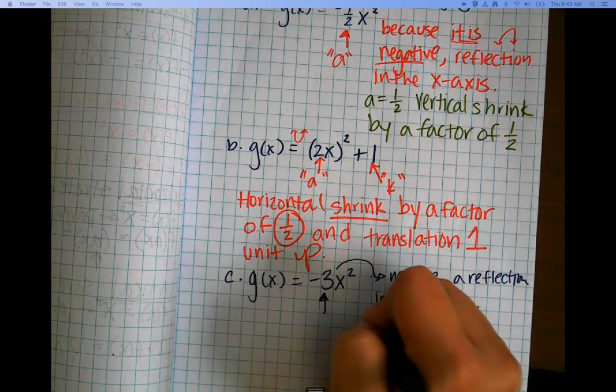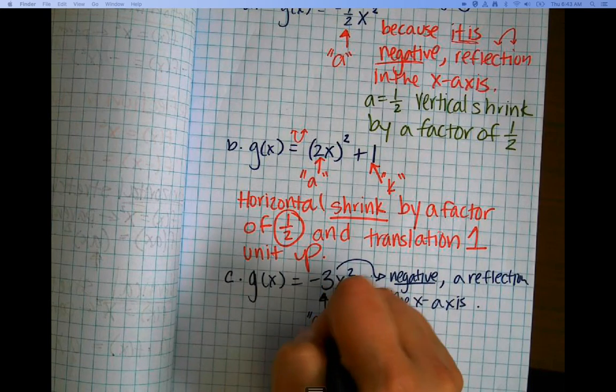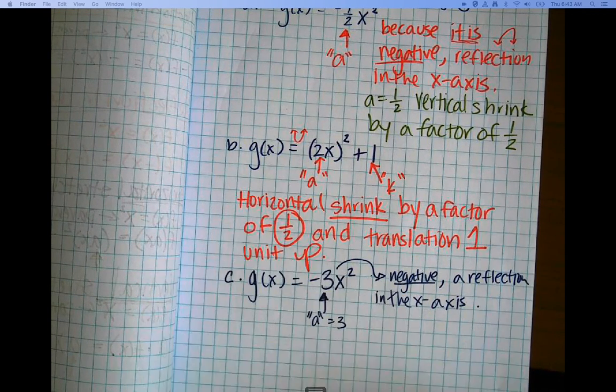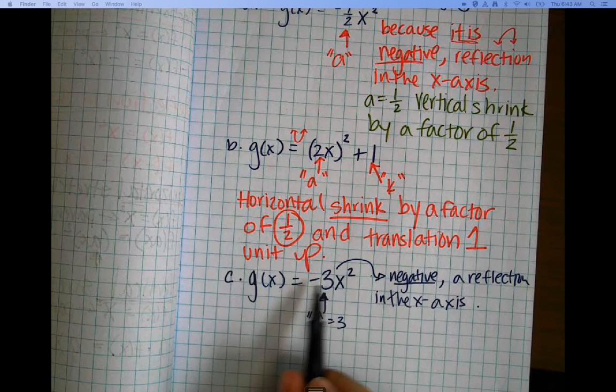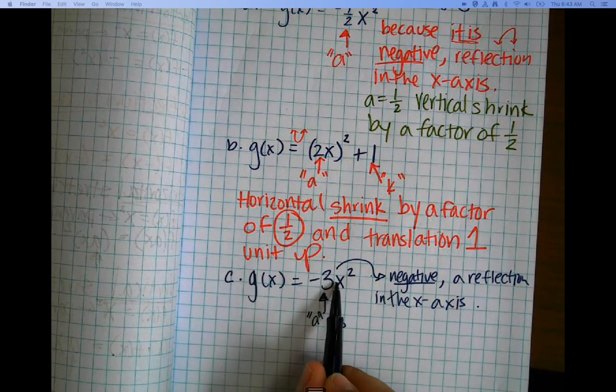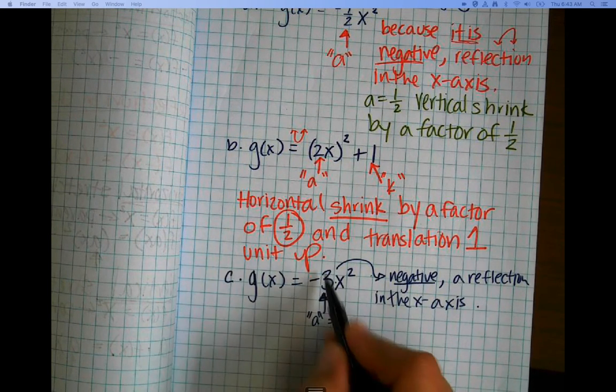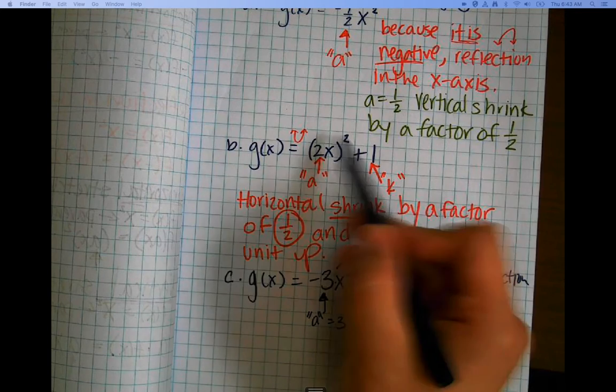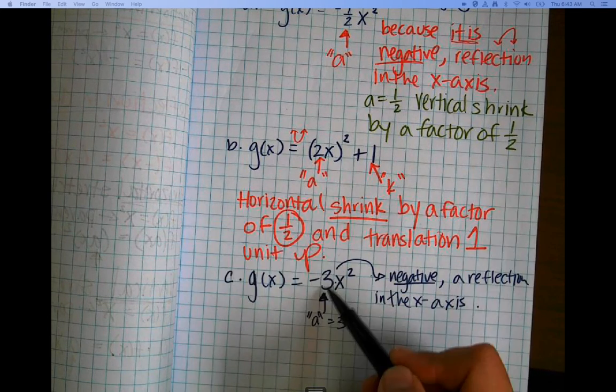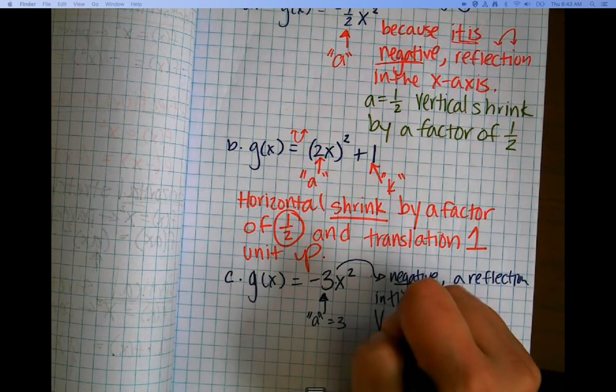And a is 3, right? There's no parentheses involved. It's just multiplied by the x. So this is going to be vertical because there's no parentheses. Parentheses, horizontal, no parentheses, vertical. So it's a vertical